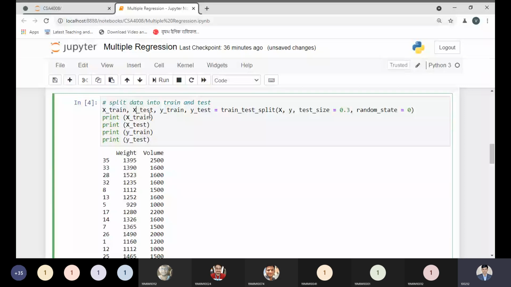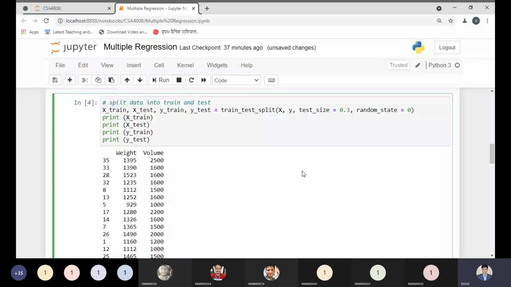Why do I need to do this? Because our data should be used in the form of training and testing data to model our system, which is known as the machine learning model. So we need to build a model. To build a model, first we need to split the data into two different forms: one is training data and the other is testing data.